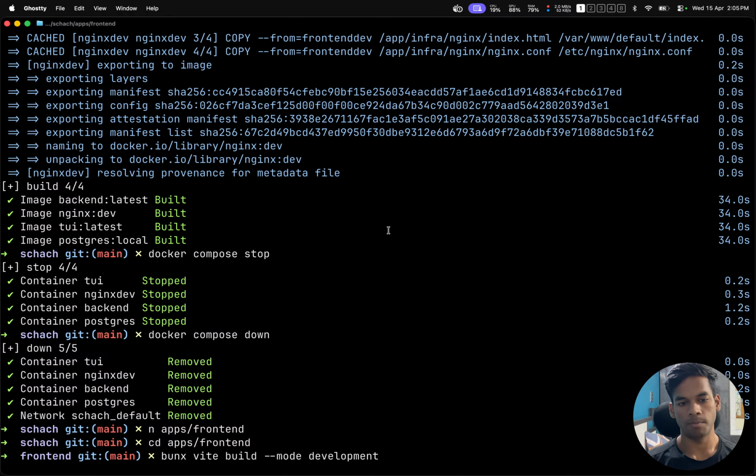This is what we did, and then we were getting the environment variables, and I suppose maybe this build